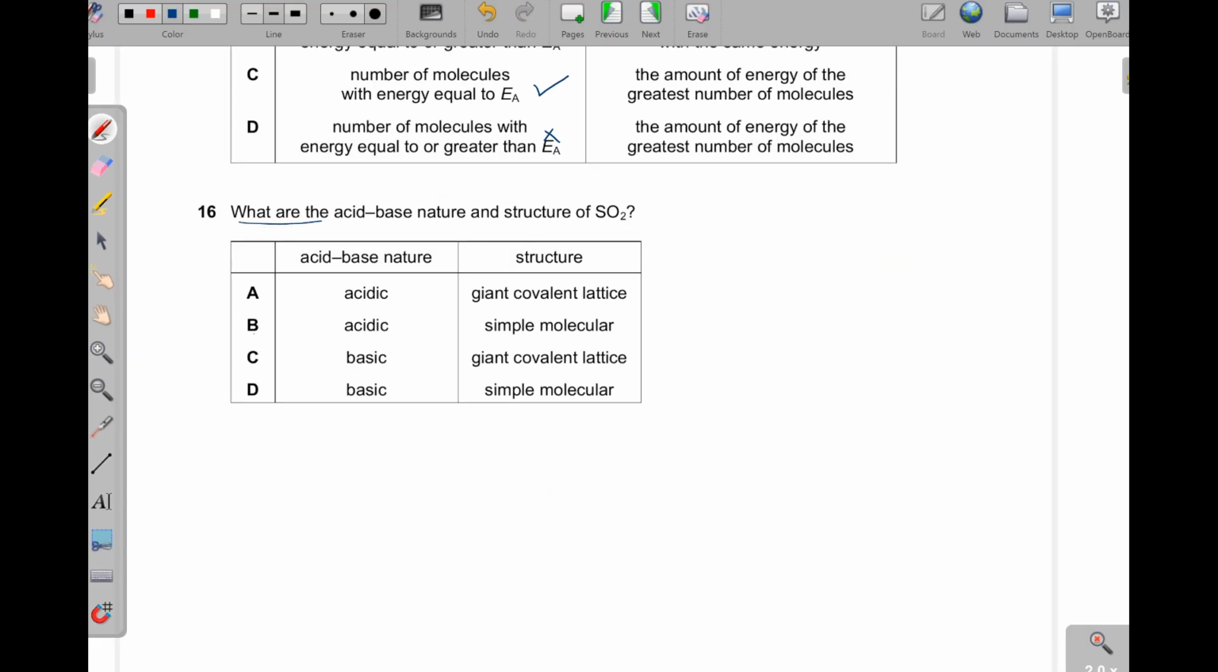Question 16. What are the acid-base nature and structure of sulfur dioxide? Sulfur has 6 electrons in the outermost shell. So when it shares with oxygen, remember oxygen needs 2. So we are going to have something like this, and there is a lone pair. So sulfur has shared 1, 2, 3, 4, right? And then these other 2 here, because it has 6 electrons. Now that is that. This one is not going to be linear,